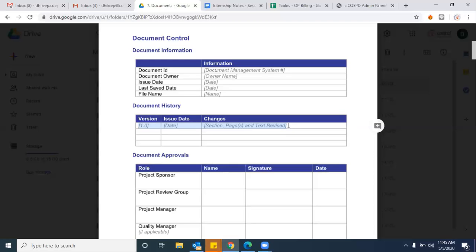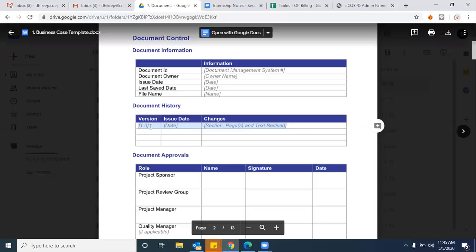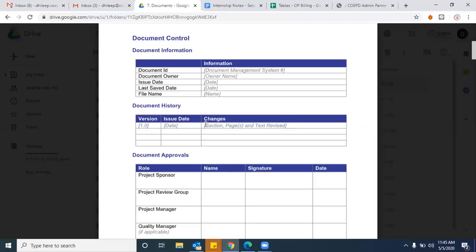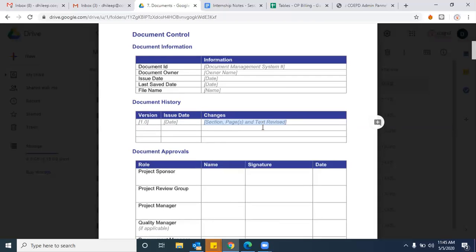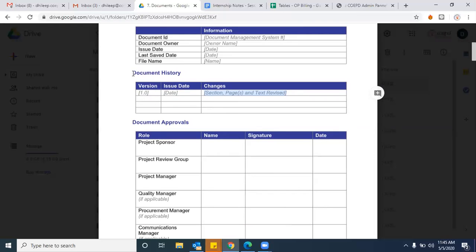It is also a way of maintaining version control, right? That is what this document history is for. For example, by this time, this is an initial draft, if you see. If it is, let's say, the third or fourth version, then you need to mention 1.3 here, the date of revision, and what new add-ons you added. What changes have been suggested by the client, or what changes you added to this existing document, in short, a brief summary, you need to write it here. Am I clear?